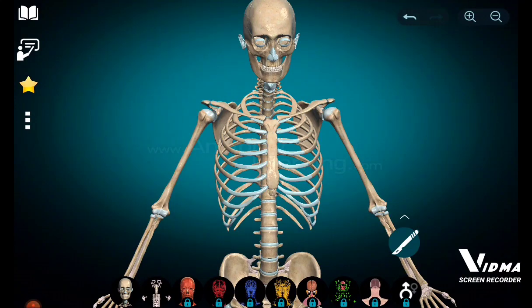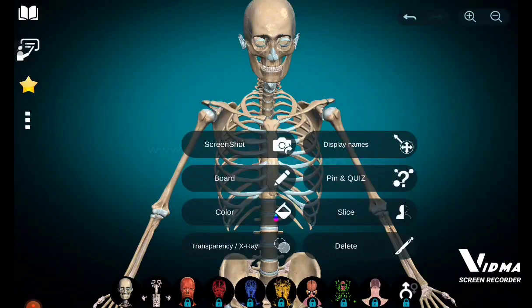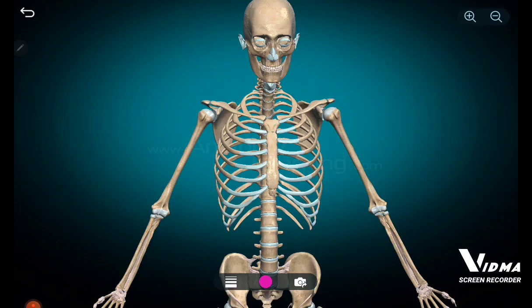There are 12 pairs of ribs present in the human skeletal system. Those 12 pairs are classified into three types. First, the first 7 pairs are true ribs